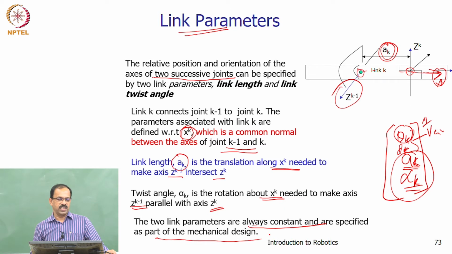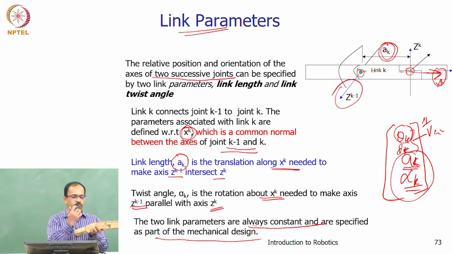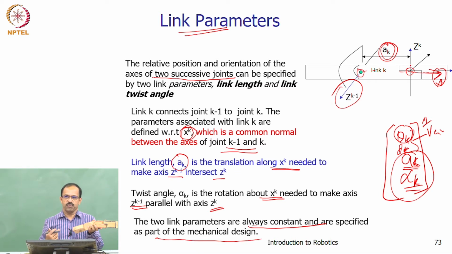The mechanical design decides what should be the link length and what should be the twist angle, so basically where you want to join. You want a joint like this or like this will always be decided, and what should be this length also will be decided by the mechanical design. Therefore they are mechanical parameters and will always be fixed for the given